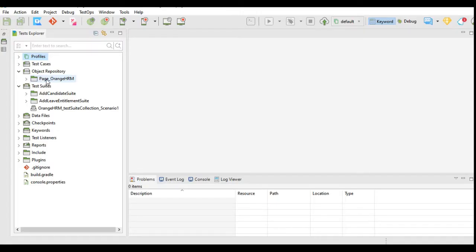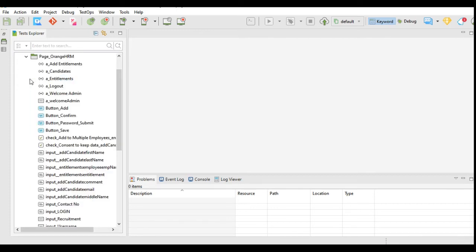Now let's look at the object repository. I said earlier that we should not change the object repository structure. But if you see this object repository, it's a bit confusing and may get messed up once the project has more and more test cases. For that, there are some tips, like change the page name according to your requirement, change the object names.